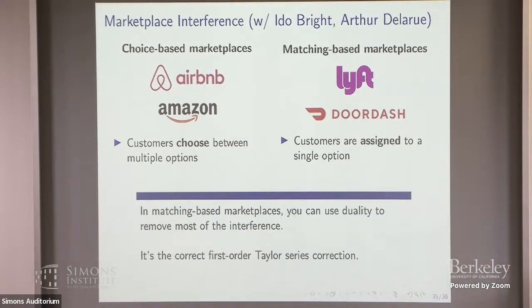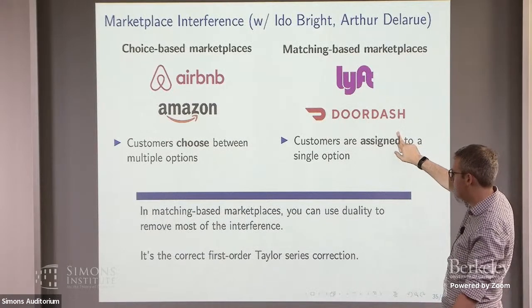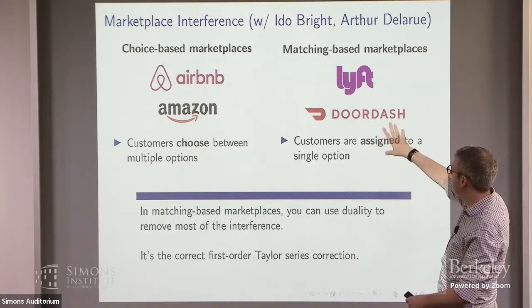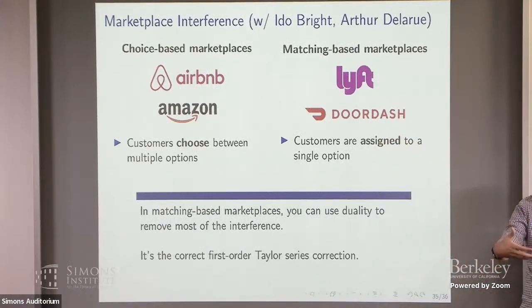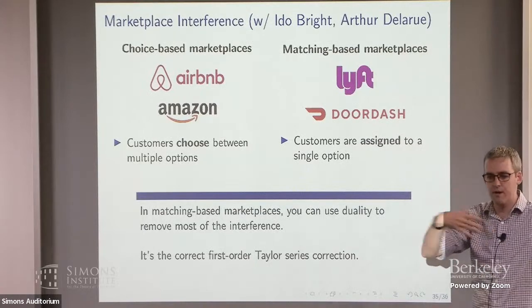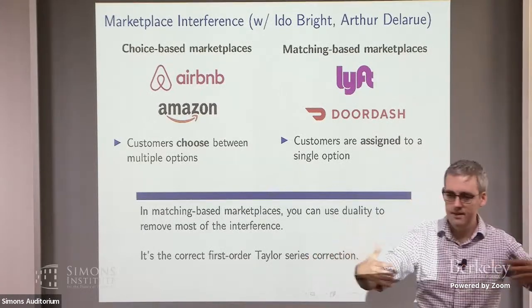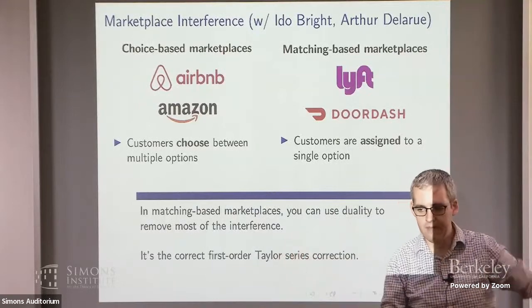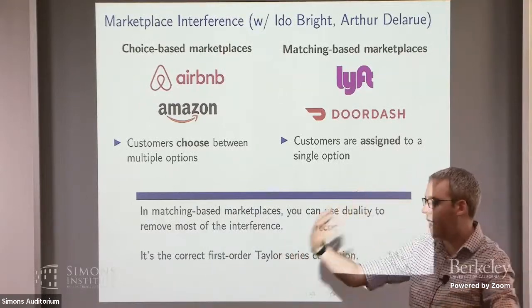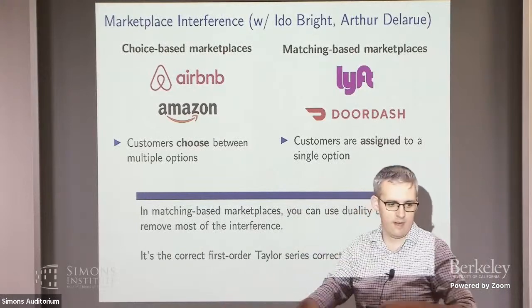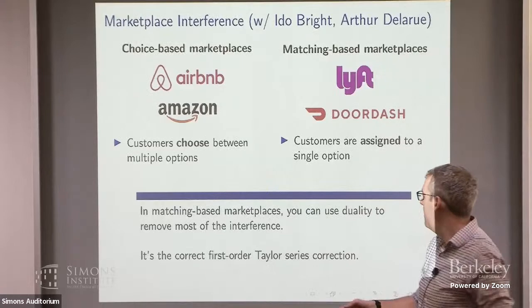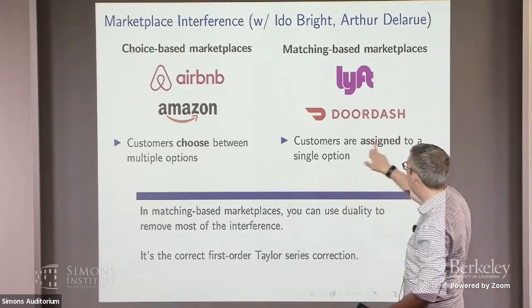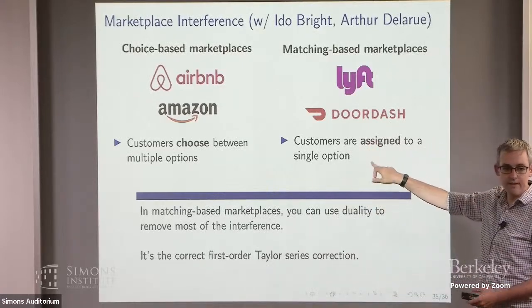And in particular, the main result that we have is that if you're in a matching-based marketplace, where the way interference happens is via a dispatch problem, for example. Because think about an Uber or Lyft case. You have the same interference, right? If treatments order more, you don't have as many cars, so control is going to order less because they're going to have less availability, longer ETAs, you're going to have all these problems. So you have exactly the same issue of interference, but here in this setting,